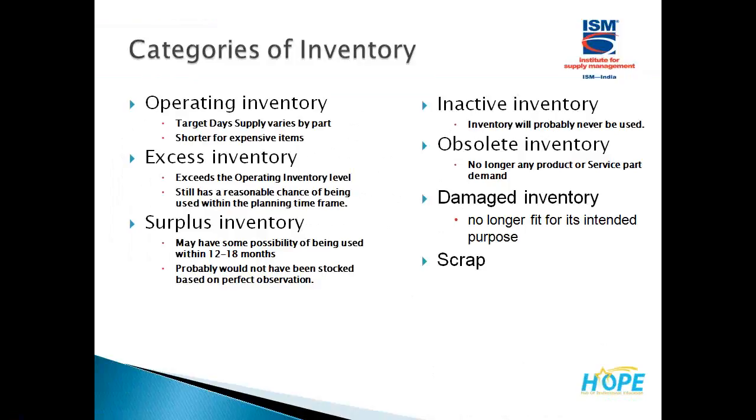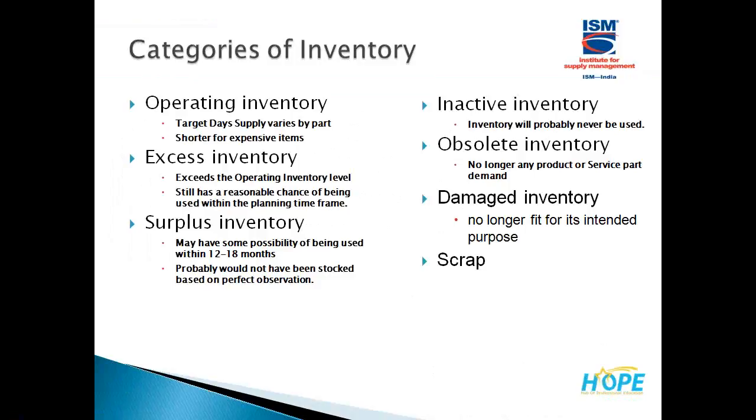The surplus inventory is very commonly seen in export-oriented business, for example in the garment business. If our efficiency level is 99% and 1% has a quality problem, then to fulfill the complete order we need to make minimum 102% of the product. If there is a requirement of 10,000 units, then I will make 11,000 units, so that in case some material goes against quality, I can still supply at least